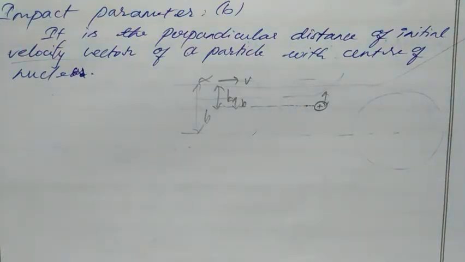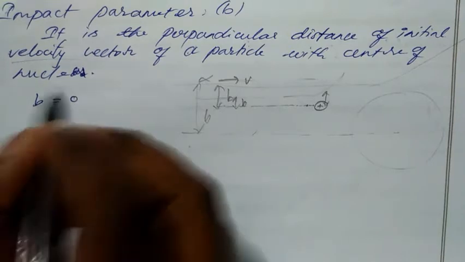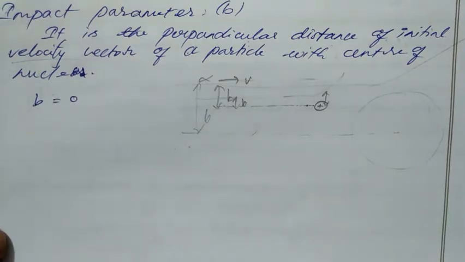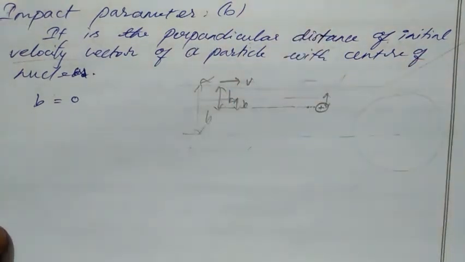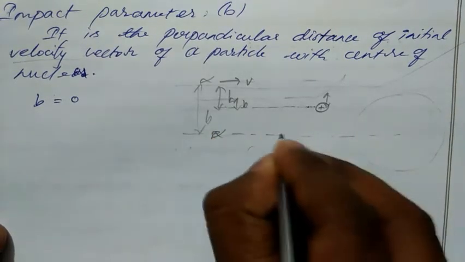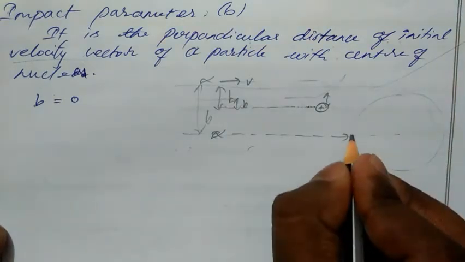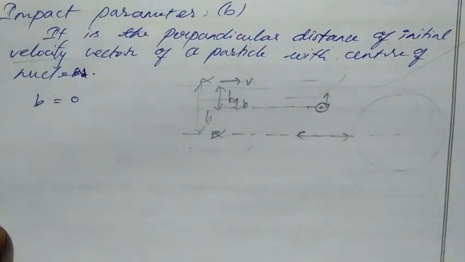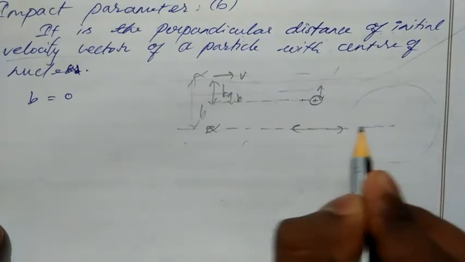Clear? If our impact parameter is 0, that is, instead of this much deflection, our alpha particle moves straight towards the center of the nucleus, then what will happen? It will again get reflected. Correct? So here, what is the perpendicular distance? The perpendicular distance is 0. This is the perpendicular line.